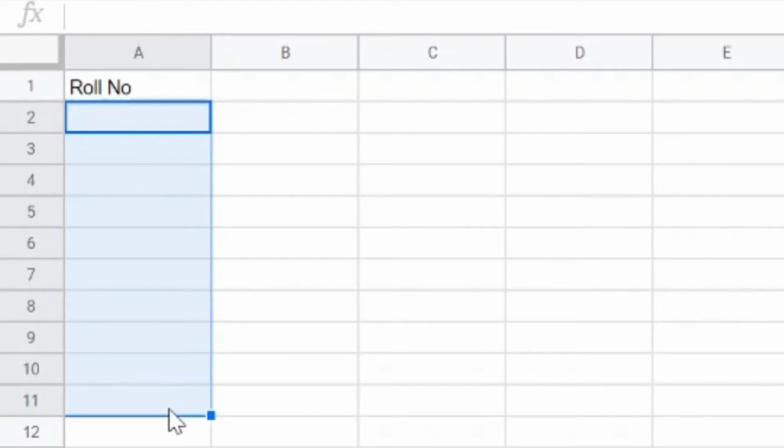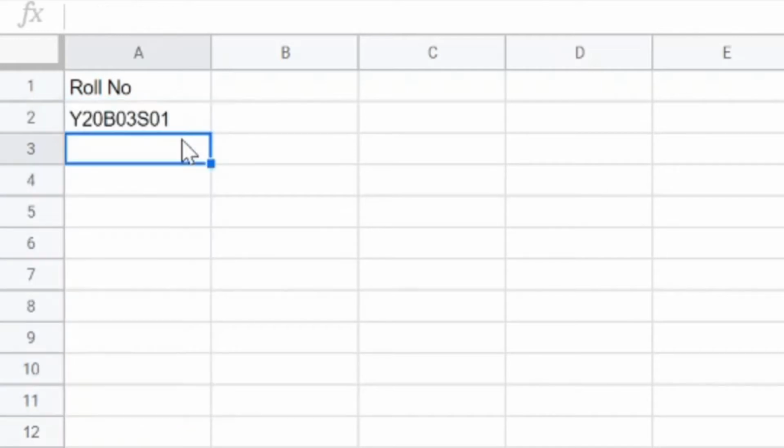because in our schools and colleges we don't have simple numeric roll numbers. We have, like, year code Y20, then branch code B03, then the serial number as 01.